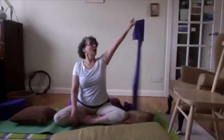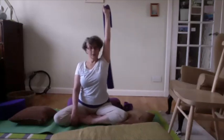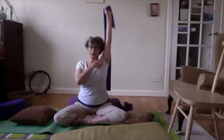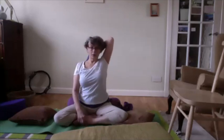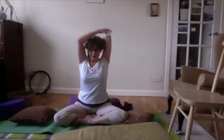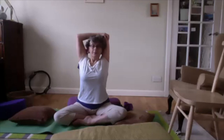So let's take the left arm up now. Let's just get a lovely stretch up to the ceiling, keeping the shoulder down, getting our straight body, and then we're going to just drop the elbow. So this elbow now points up to the ceiling, and you can use your right hand just to move your elbow back slightly,